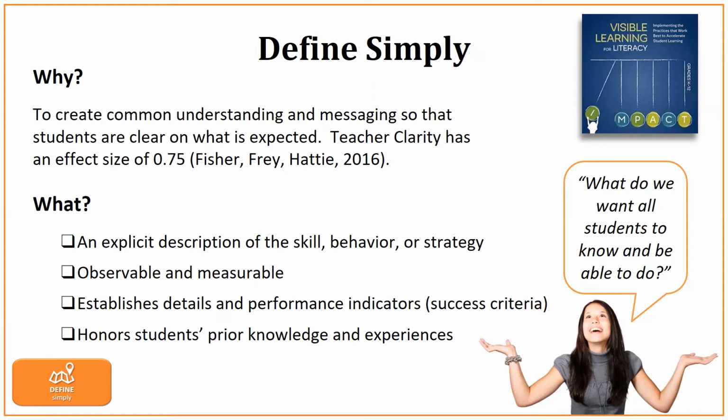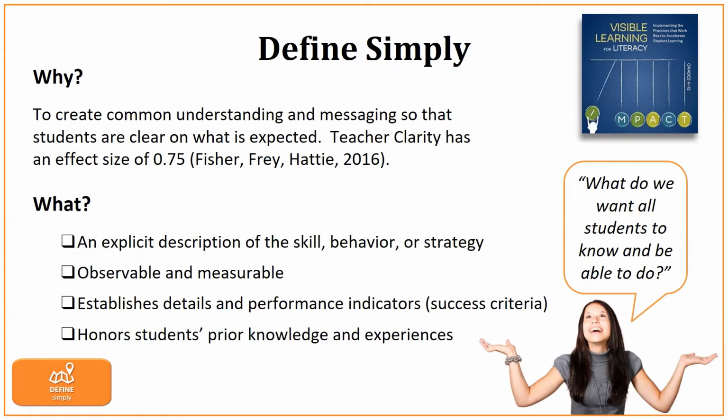When you develop your school-wide and classroom behavioral matrices, you create expectations and behavioral indicators that describe what you want students to know and be able to do in specific settings, locations, situations, or routines. Likewise, when you develop academic learning targets, you are providing critical information for students so that they know and understand the expectations and how to meet them. This helps to create common understanding for staff, students, and families so that they are clear on what is to be learned, what the performance criteria is, and also so that there is consistent messaging.